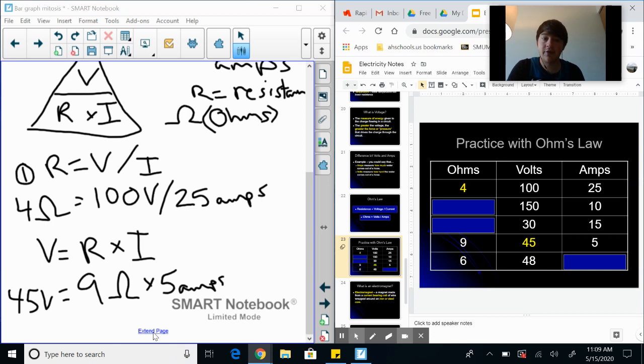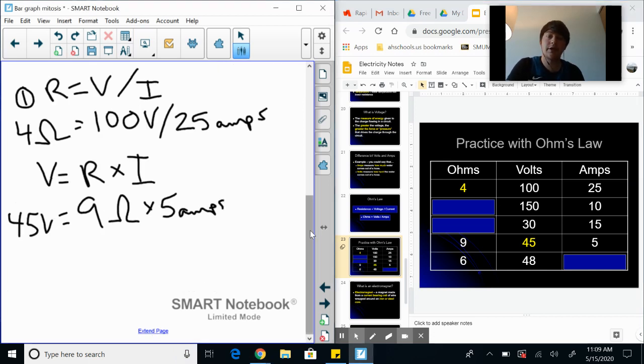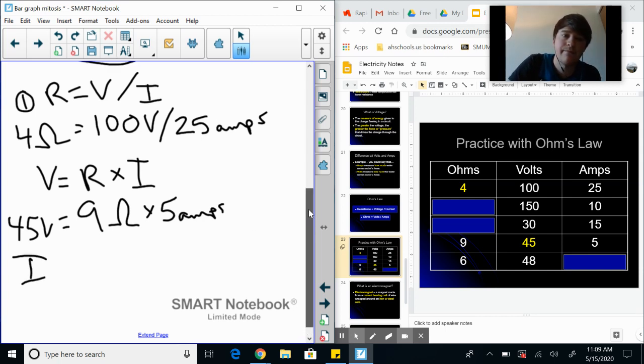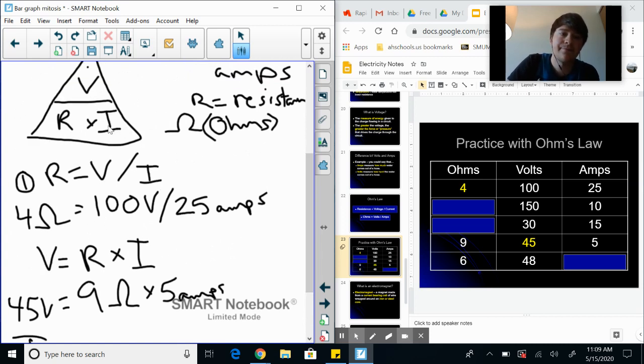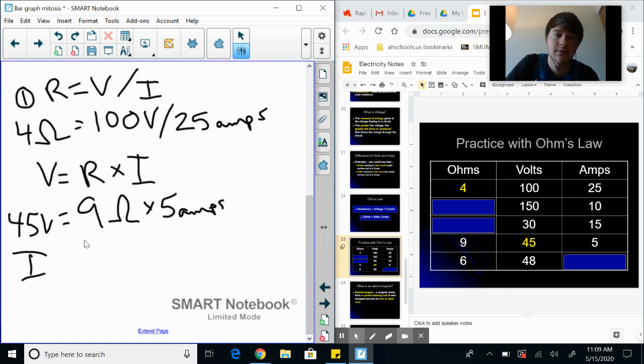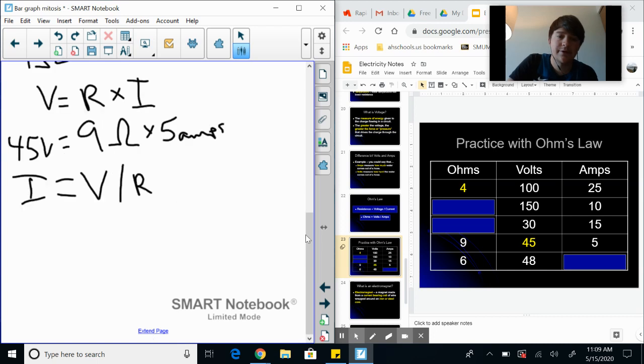Last one, and then we'll be done with the notes. Trying to solve, in this case, for amps. If we look back up at our triangle, cover up the I, we have volts divided by resistance. So we are going to say V divided by R. So here's our formula. We have a voltage of 48